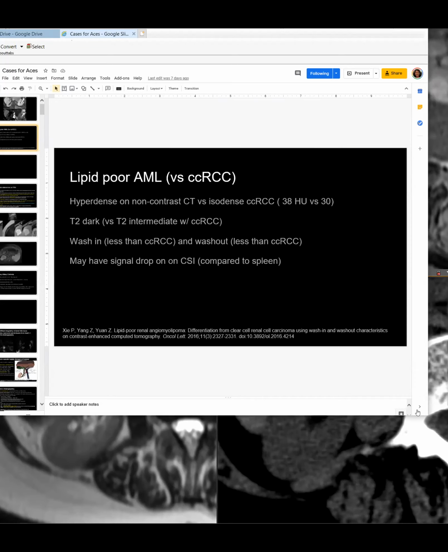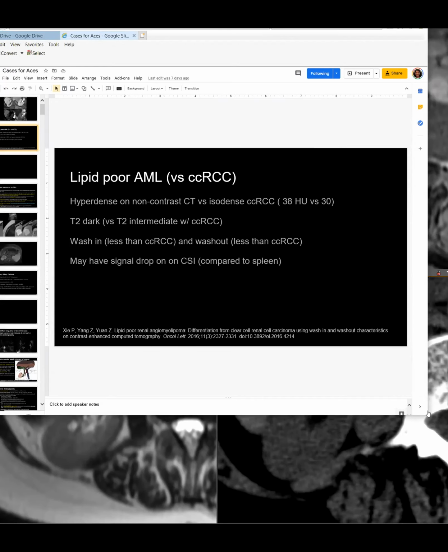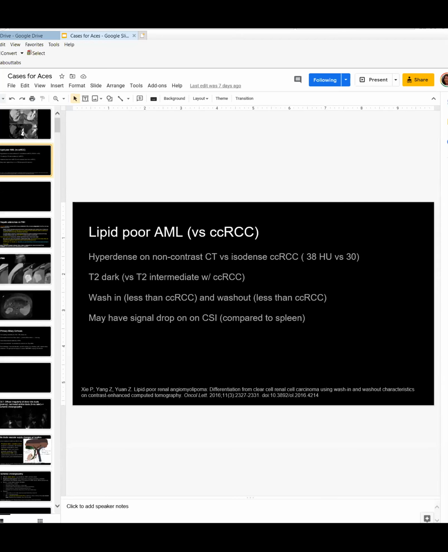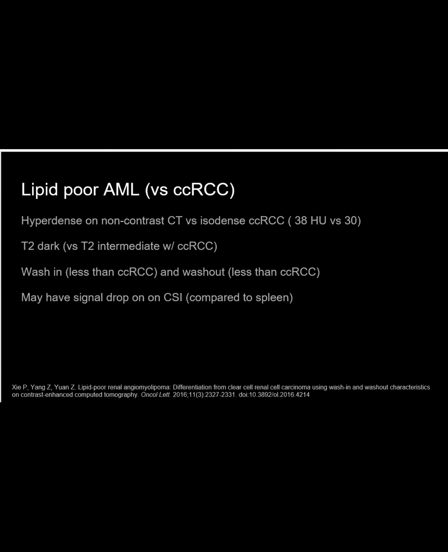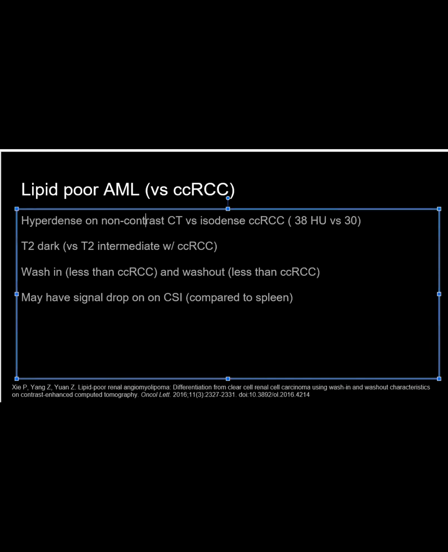But I wanted to review some of the mimics and differentiating features of lipid poor AML from clear cell or even papillary, because they can be very similar on MR. In this case, this was called papillary before, but I think the hyperdensity on non-con really helps. Multiple studies have shown that AMLs are more dense than any of the RCCs, clear cell, papillary, anything. On average, lipid poor AMLs are about 40 Hounsfield units, a little bit more dense than clear cell in the study,